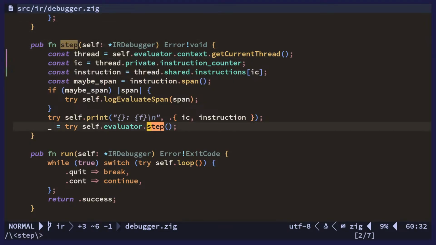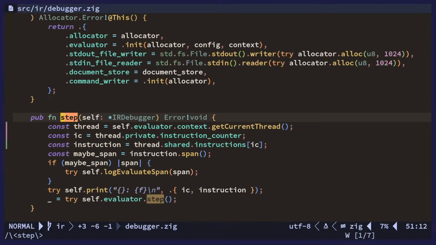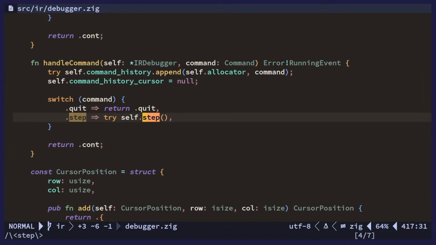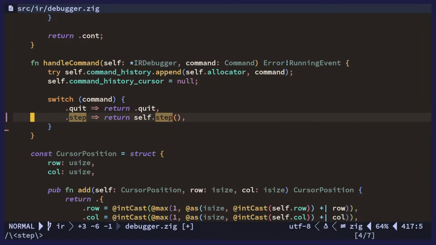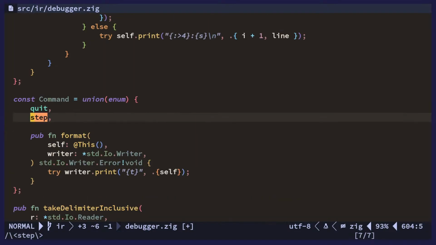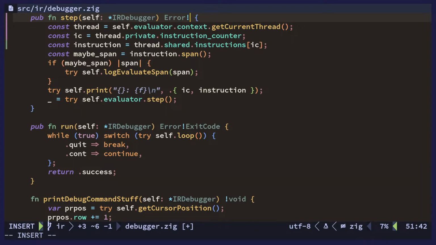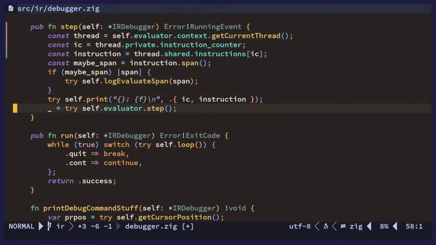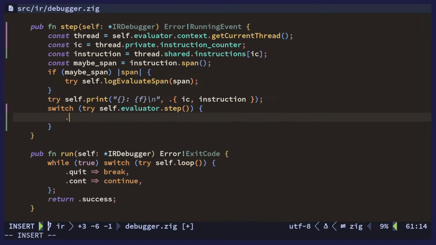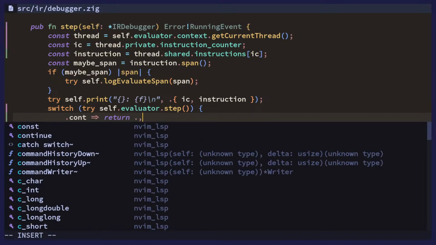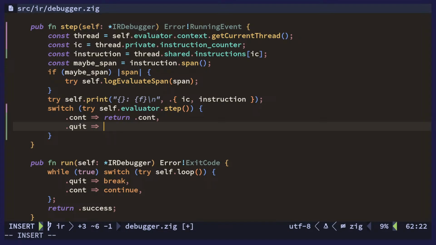The step function is called from here. Yeah, so we could totally look at, or just return this actually. Yeah, let's just return that. So this is now a running event. And we can switch on this to check. If we need to continue, we return continue. If we need to quit,